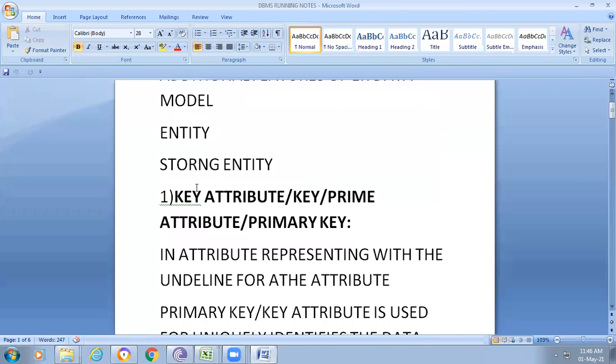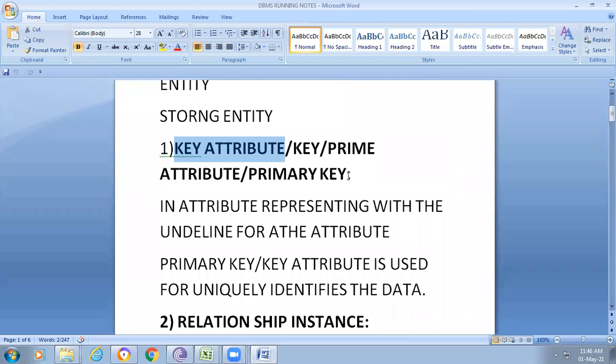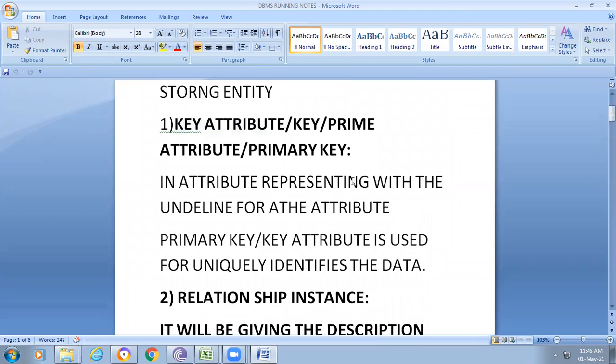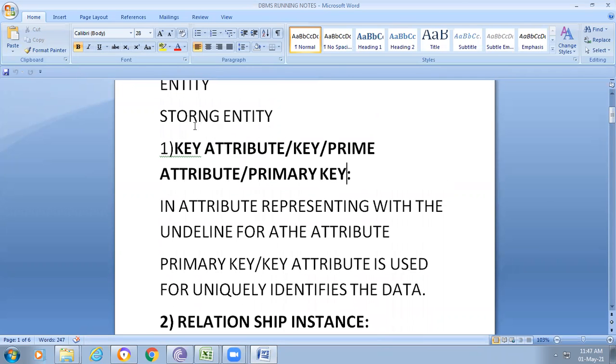The first one is the key attribute. A key attribute is a primary key. The purpose of the primary key is to uniquely identify the data from the table. The primary key can be represented in the ER diagram by underlining the attribute.